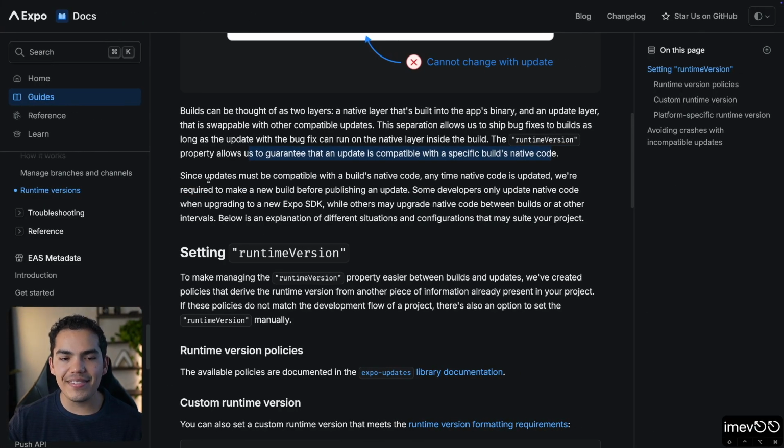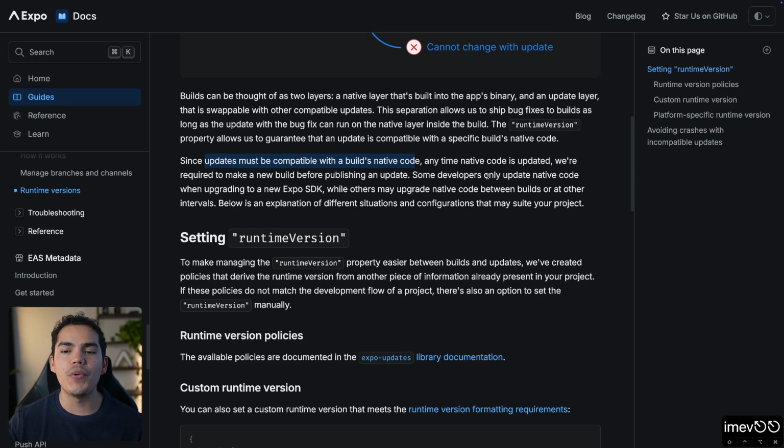If we come back, you can see that since updates must be compatible with a build's native code in order to run, anytime native code is updated, we are required to make a new build before publishing an update, right? Because let's say that I add a new dependency that is using native code and I want to trigger an update. Obviously the JavaScript code that I'm going to be sending might work on my local machine, but the deployed version of the application has a different runtime, or a different layer of the native code,